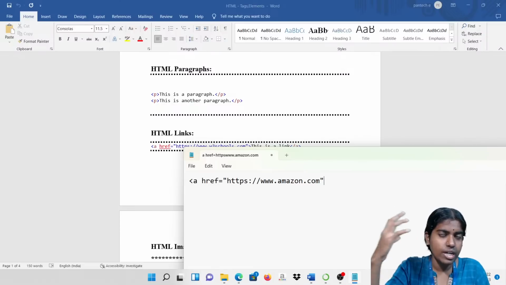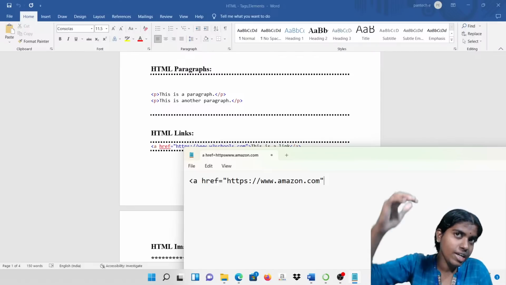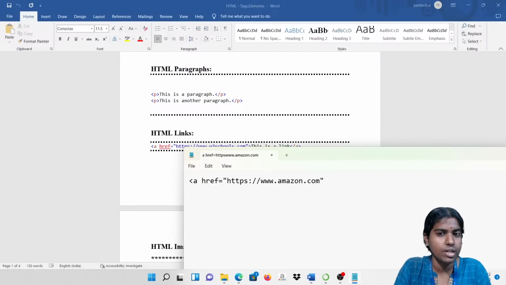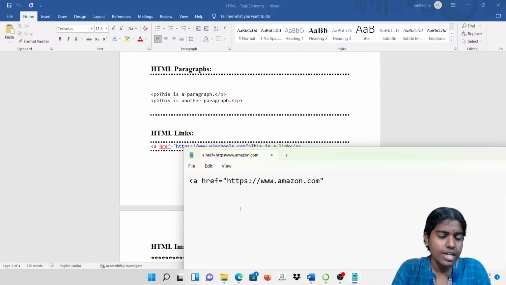Whatever reference, for example, I am developing some web page. I want to create links in a bigger hospital. You have different departments in a big hospital. You have a cardiological department, neurological department, gastrological department. So I want to create a link to different sections in a hospital. You can go for this anchor tag. Whenever I want to create some reference links to different pages, I can go for this a href tag.